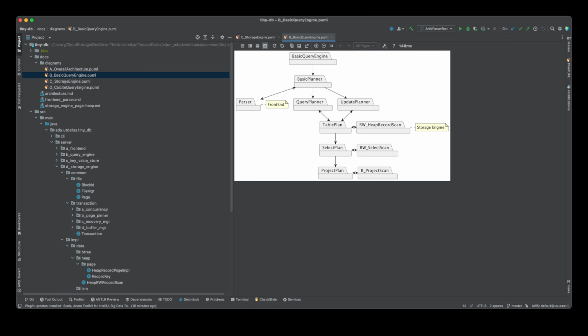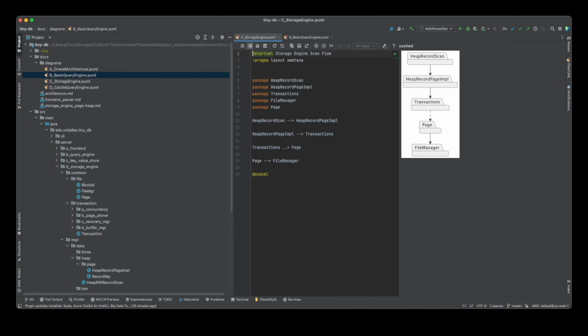Once you call the heap record scan, it calls the heap record page implementation, depending on whether it's a page based interface. In the case of B-trees, and of heaps as well, we read data page by page. So we have the heap record page implementation,